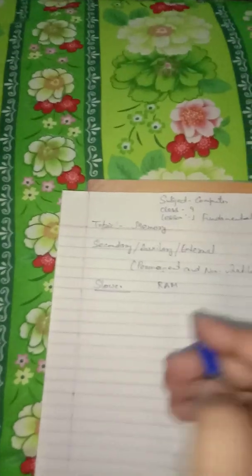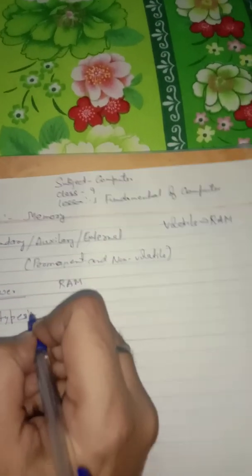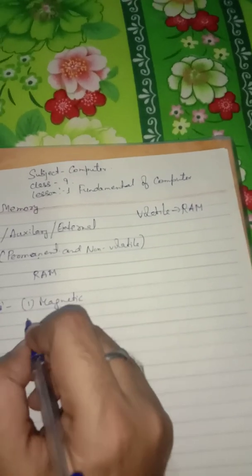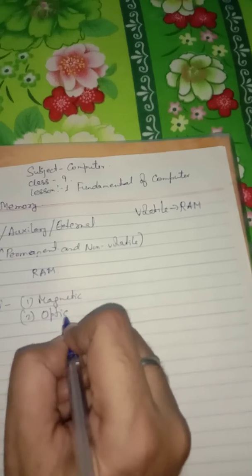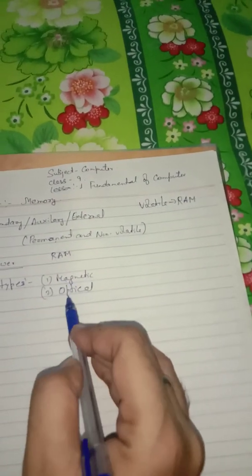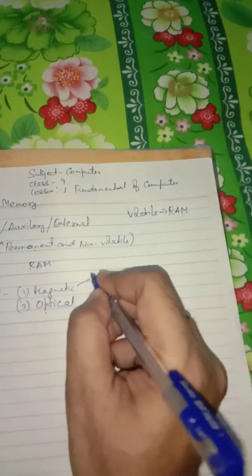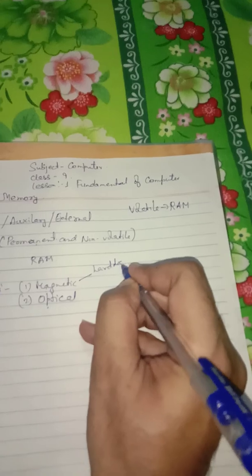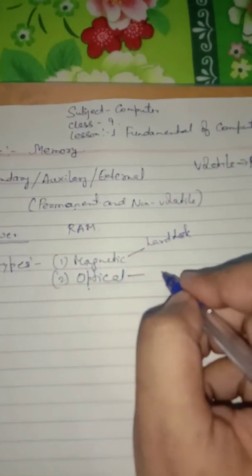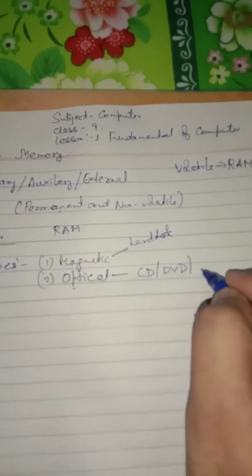The secondary memory is of two types: number one, magnetic, and number two, optical. The magnetic memory generally includes the hard disk, and the optical memory generally includes the CD, DVD, pen drive,